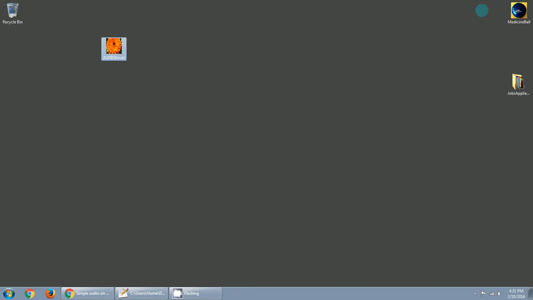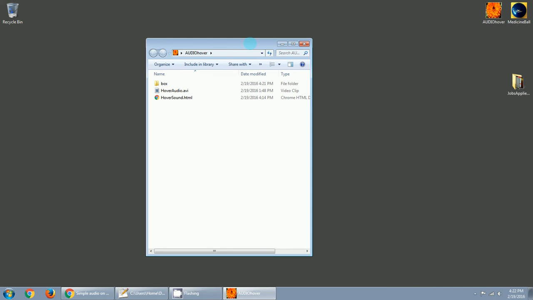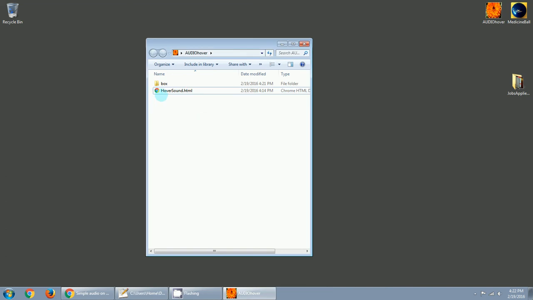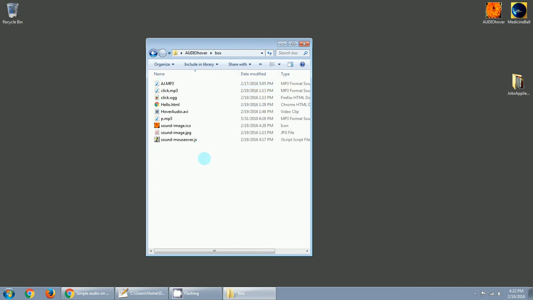So basically, I went over how to add sound to your web page and incorporate an external JavaScript file. How to make sure that you have the correct path so that when you're pointing to items, if you want to keep your desktop tidy, put something in a box, and the only thing you have on the outside is the file that opens your web pages, a box that contains them all, nice and neat, and then you've got your MP3 or OGG,